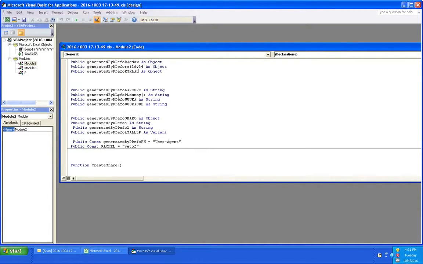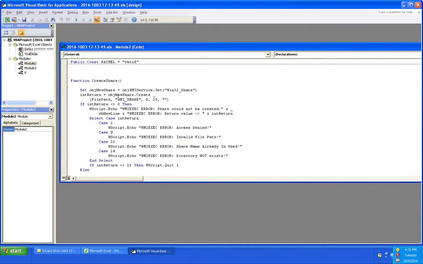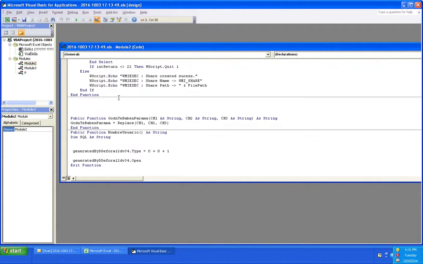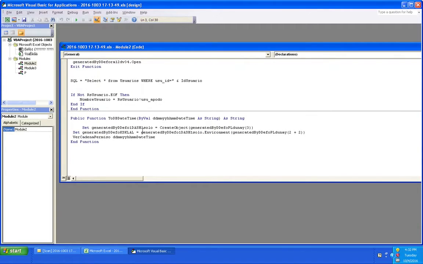The obfuscation is not much there, but there are some indicators